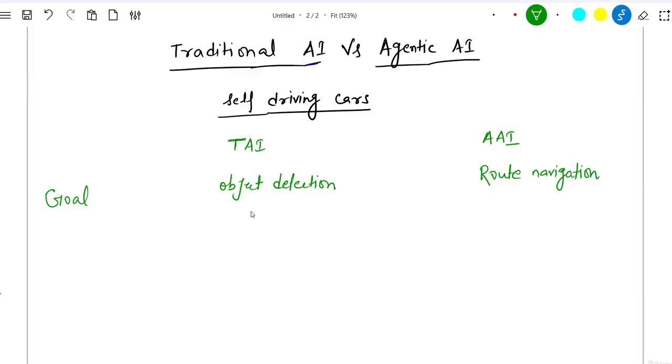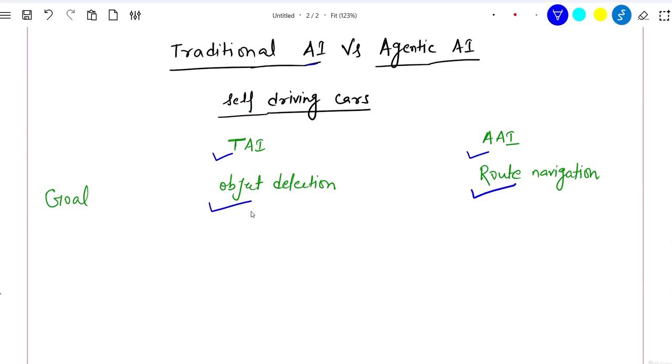Many things could come here, but the goal here is route navigation. And the goal for a traditional AI system could be something small, that could be object detection. So this is how, for a self-driving car, the goal or what we are trying to achieve from traditional AI and